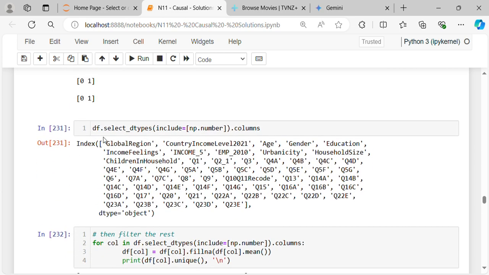Now df.select_dtypes. So you want to select the data types, include equal square bracket np.number. So you want to select all the columns which are numeric, .columns. So these are the columns which are numeric. Then filter the rest. For col in df.select_dtypes(include=[np.number]).columns,